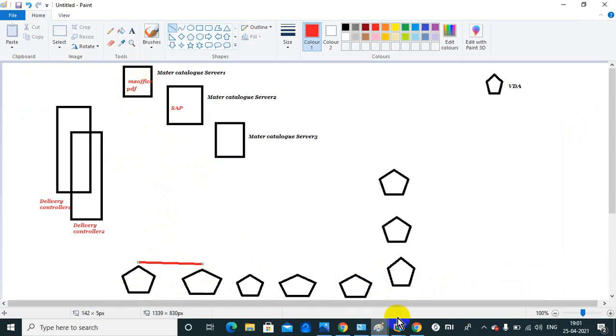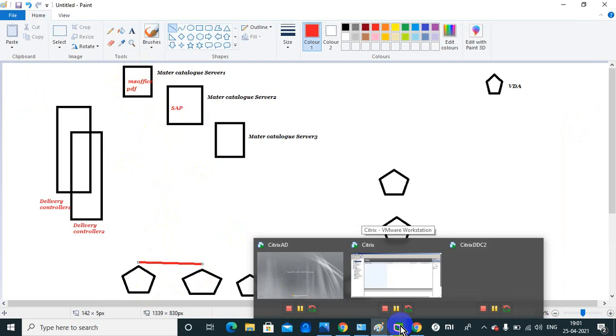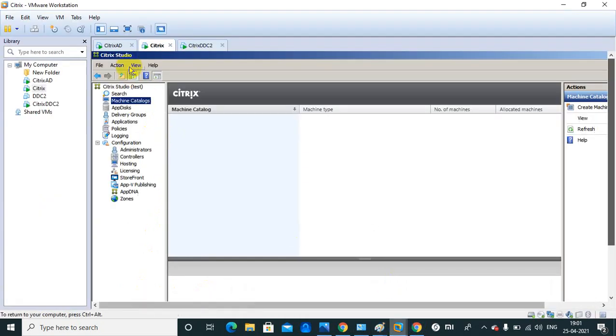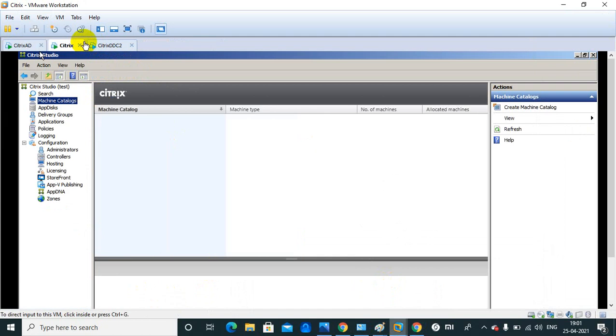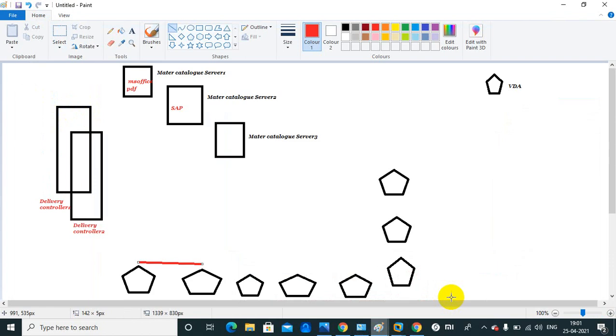Means in Studio, Citrix Studio, the machine catalog is the tab through which we can create machines using MCS or using master catalog server.